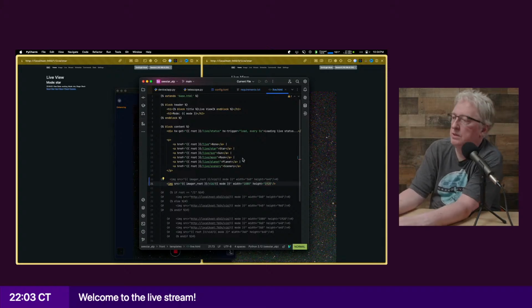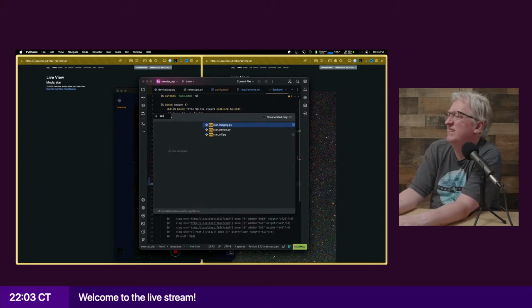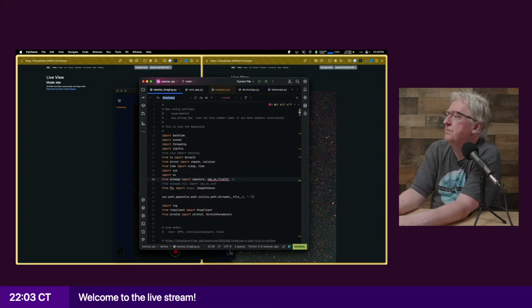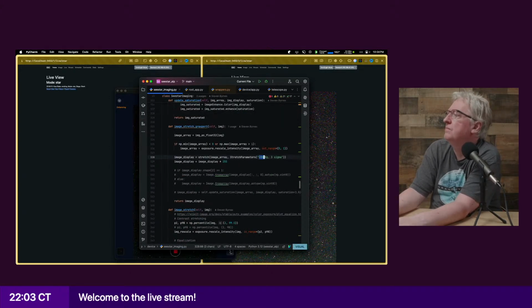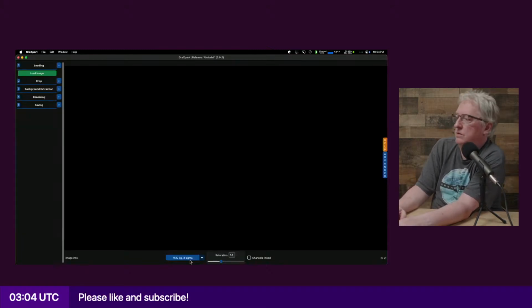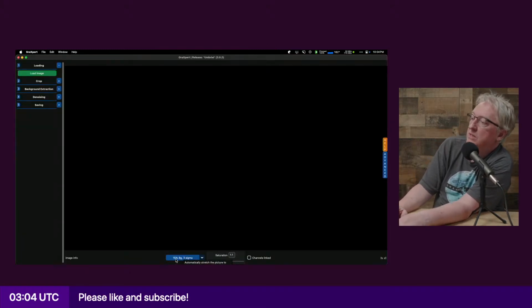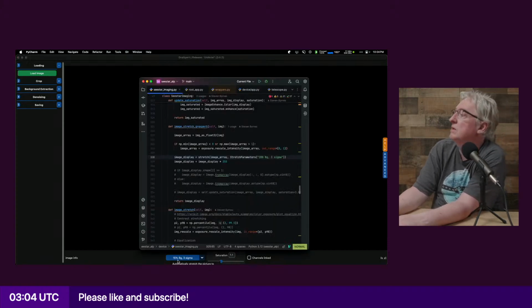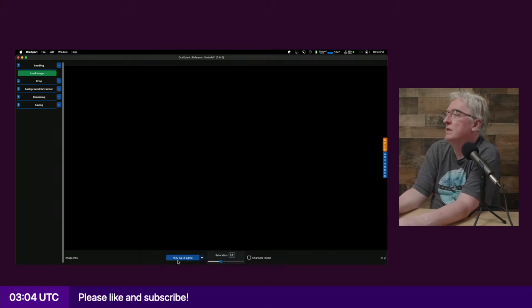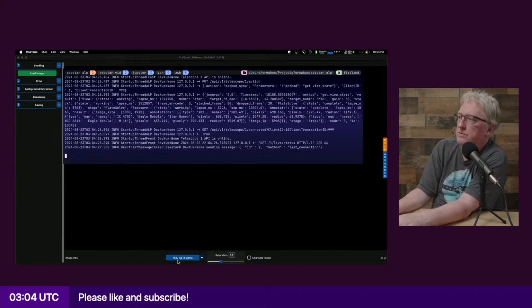If I go to the code, this will be something configurable. I think it's literally the same string that you see here in the app. So I'm going to change it to 15% 3 sigma. And I have to restart it because of course I do.